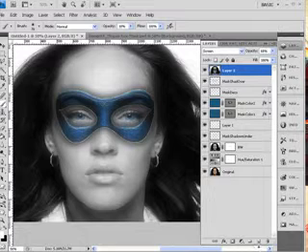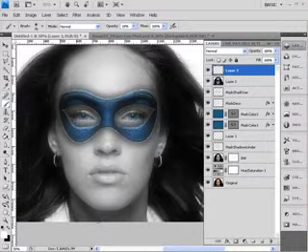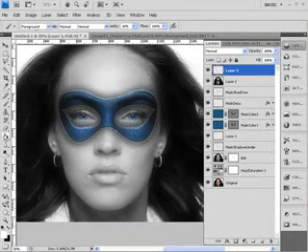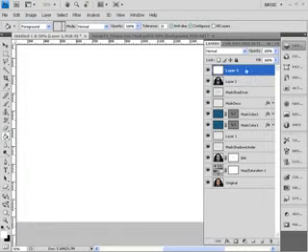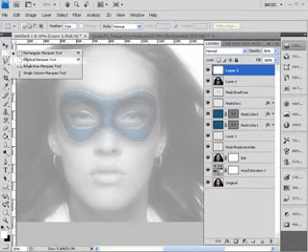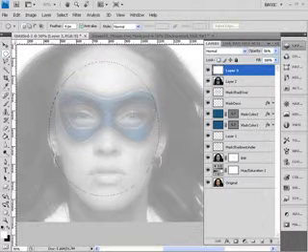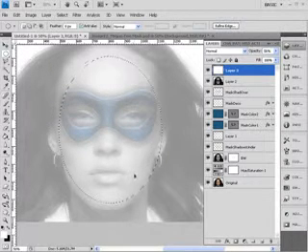So let's create a new layer, and just with the white swatch we're going to use the paint bucket tool and click, and that'll go over the top of the whole image. We're just going to reduce the opacity for now. We'll bring up our circular marquee tool. We're just going to concentrate on that center part of the face,